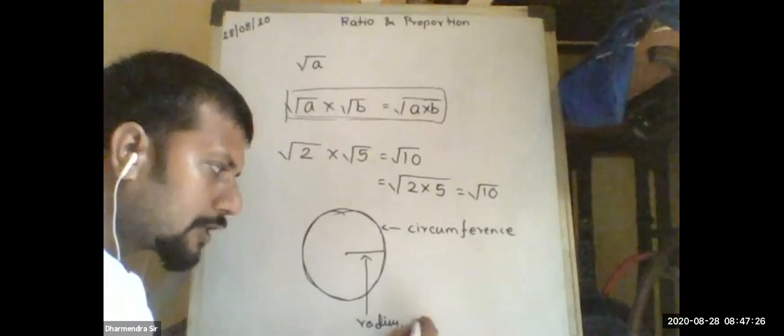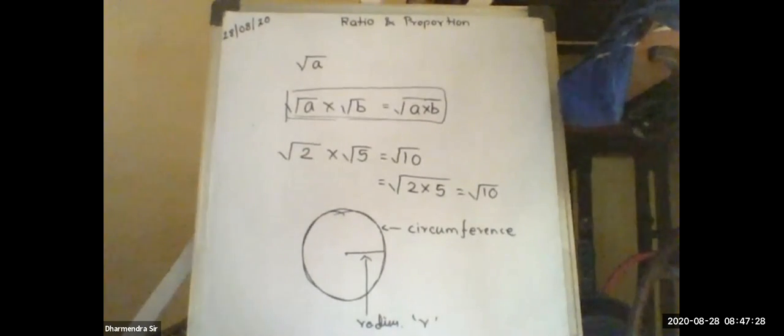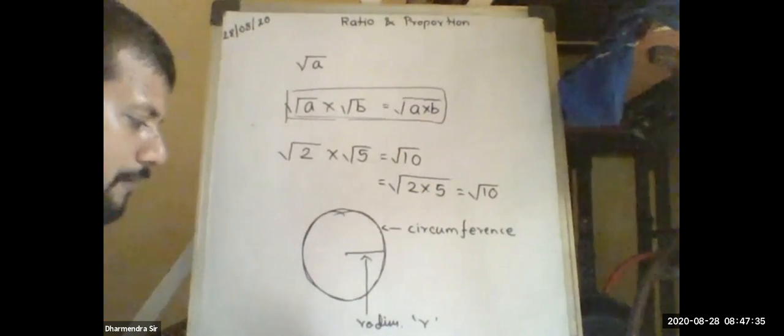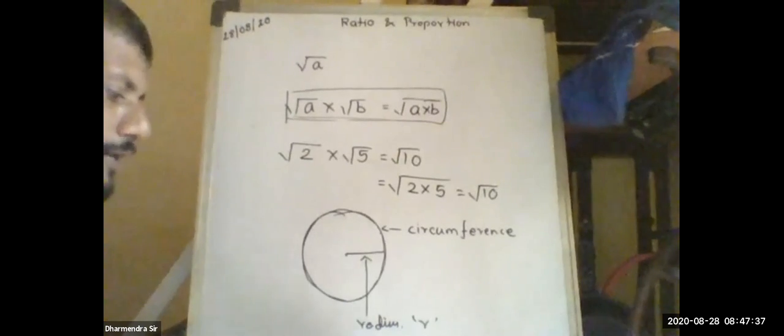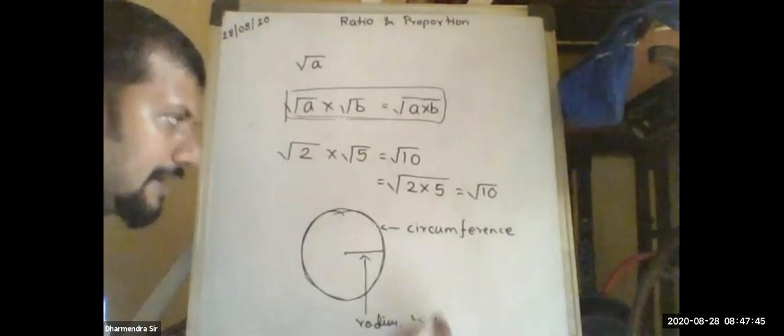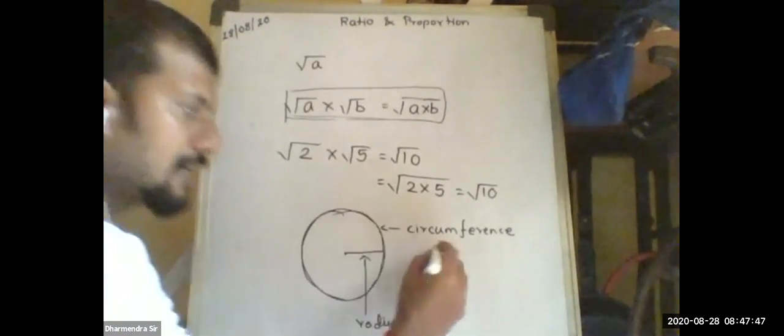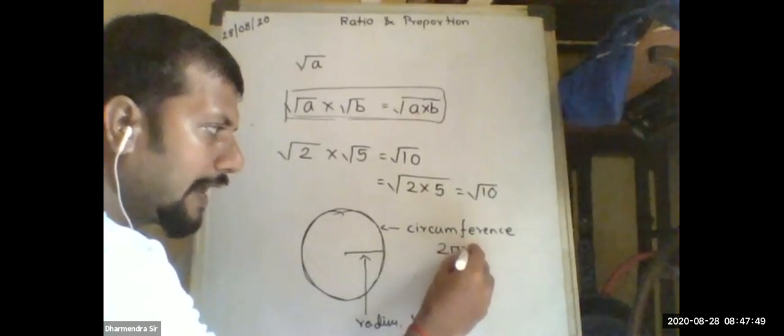Always we denote as per requirement. Suppose I am having only one circle, so I'll be taking small r as the radius. If I am having more than one circle, then one will be r1, r2 and so on. It is not required right now. Only concentrate on how to take the notation. For radius, we'll be taking small r, and circumference of a circle is given by 2 pi r. You have to note it down. We'll be using this also.